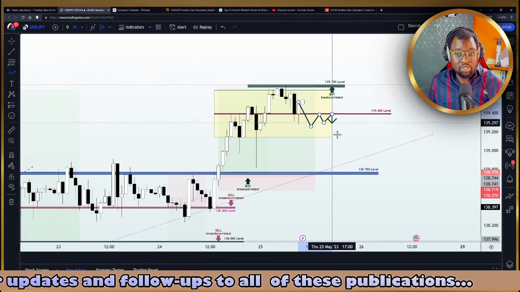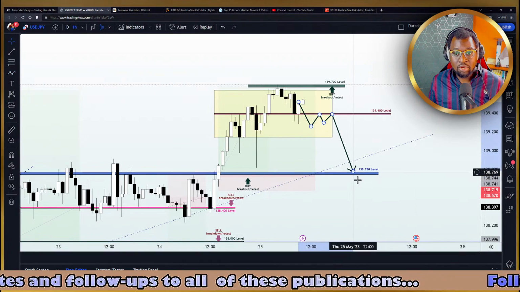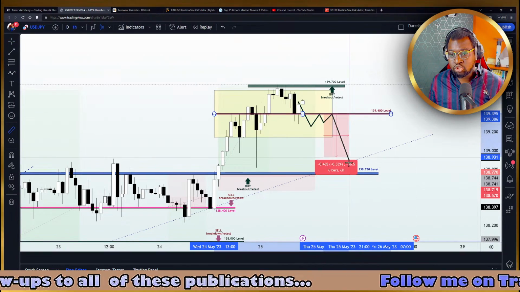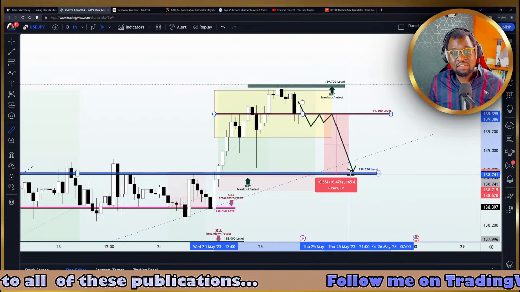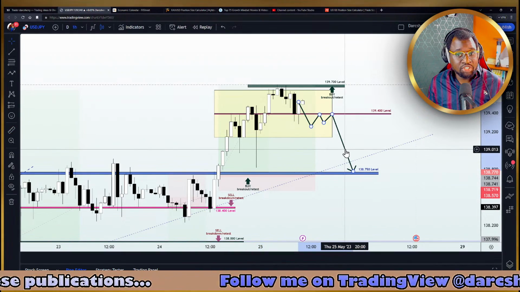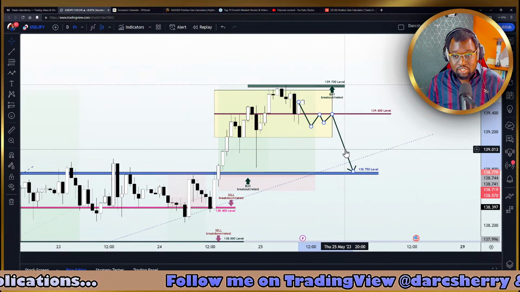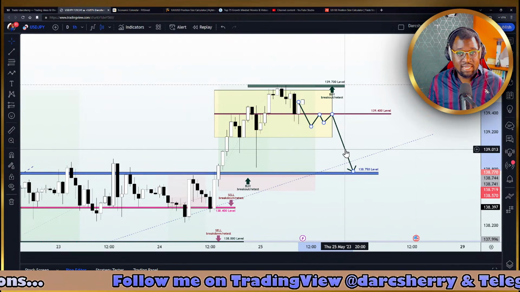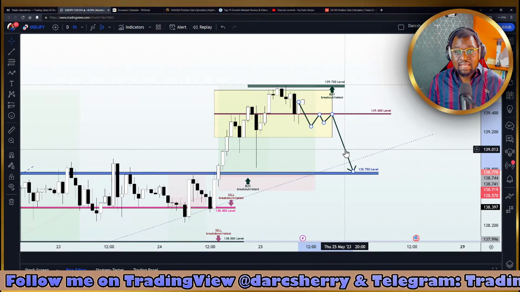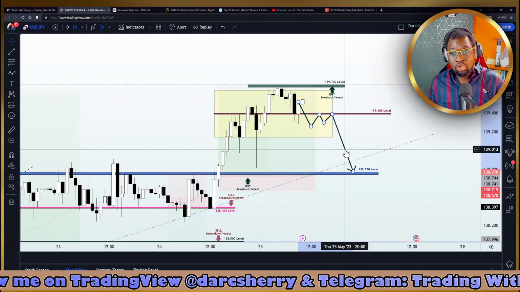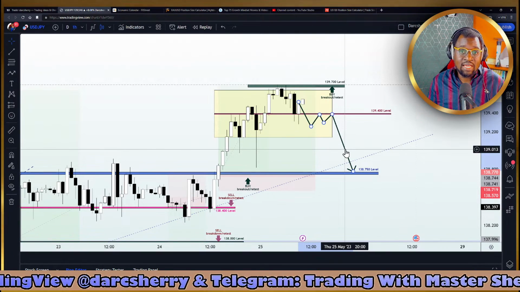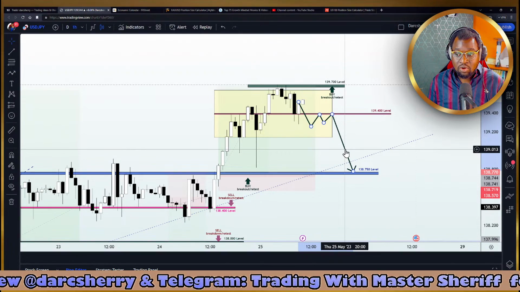Continued selling pressure should give an opportunity to sell down to 138.750, which amounts to about 60 to 65 pips thereabout. So if you are a scalper, a counter trend trader, you might want to take advantage of that move. But if you are not a scalper or a counter trend trader, I would advise that you stay clear of this one, as it needs a level of attention to manage that trade. You need to be on your screen, and you need to move your stop losses accordingly to secure your position,